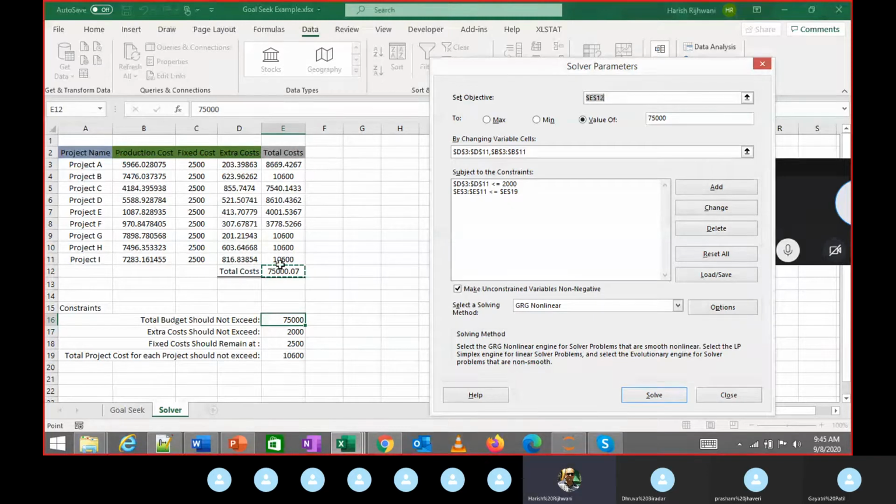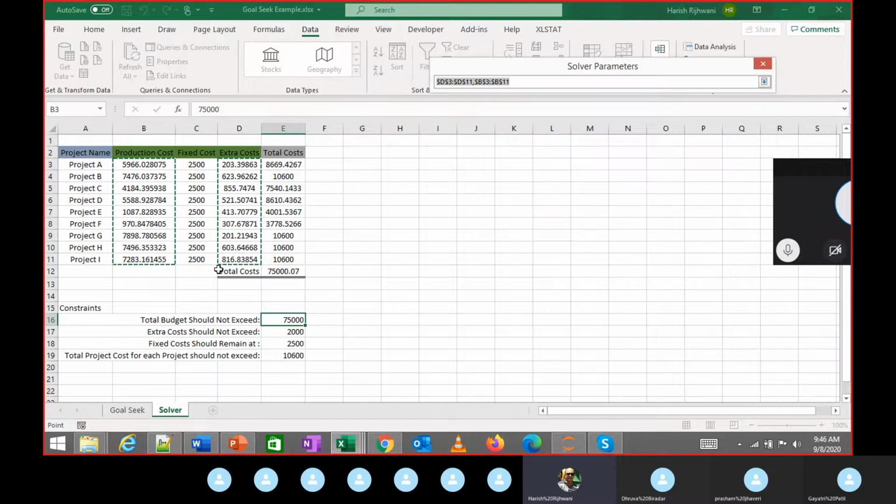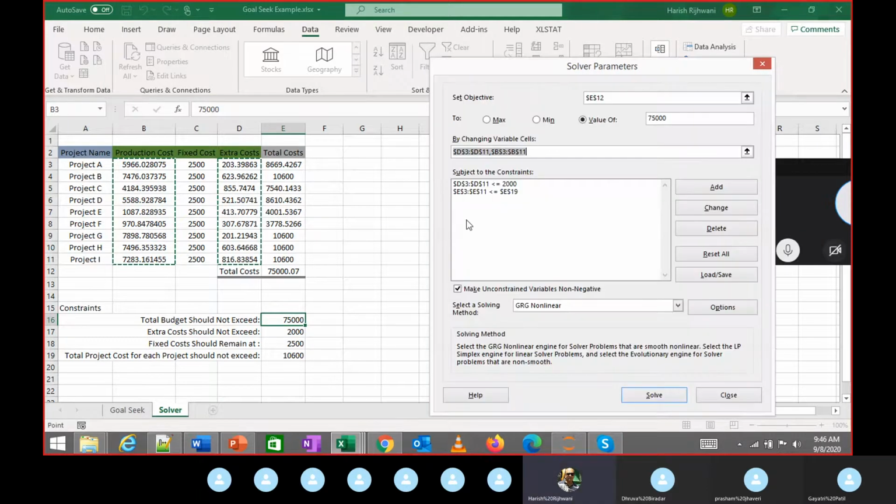I want to set the value of total cost to 75,000. So I have made that over here. I've considered that value over here by changing the variables, these two, production cost and extra cost. Okay, because this is fixed 2,500. All right, and this extra cost will not be less than 2,000. That's fine. And the last one is...